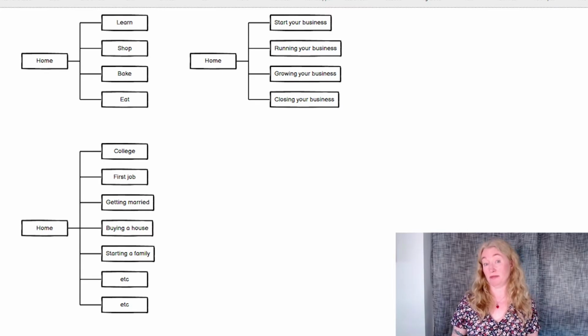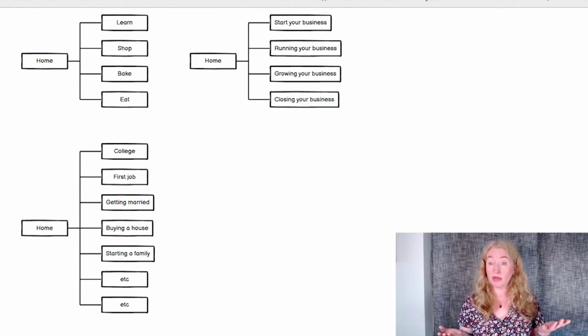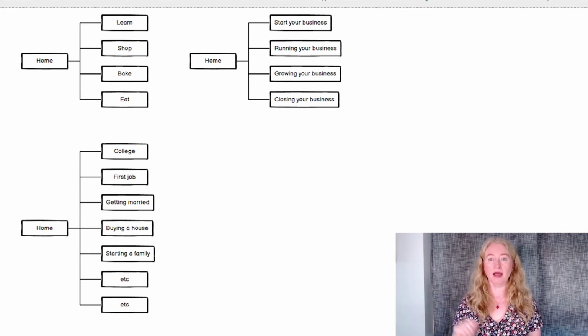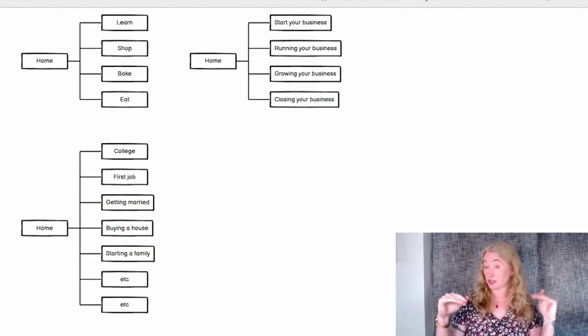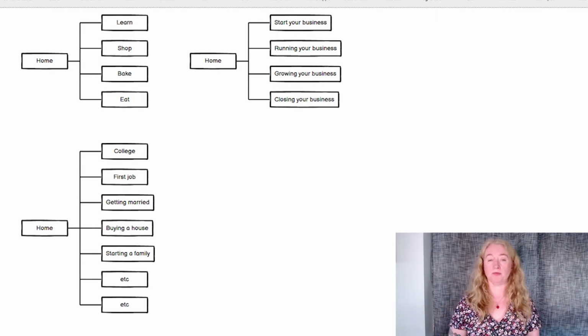The problem with anything linear like this is that you're inferring that there's a correct way to do things and that this sequence is the correct way, where really people do things in their own sequence and they can feel very excluded if they feel like you're forcing them into yours.